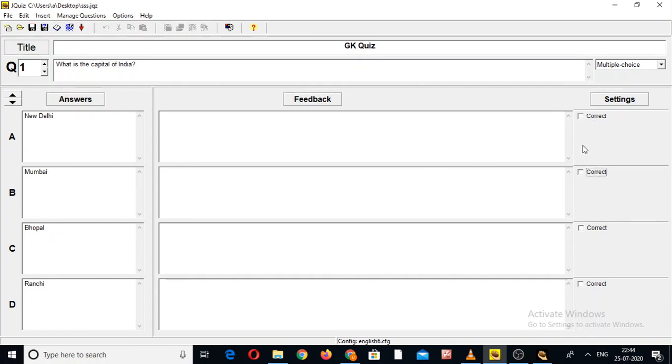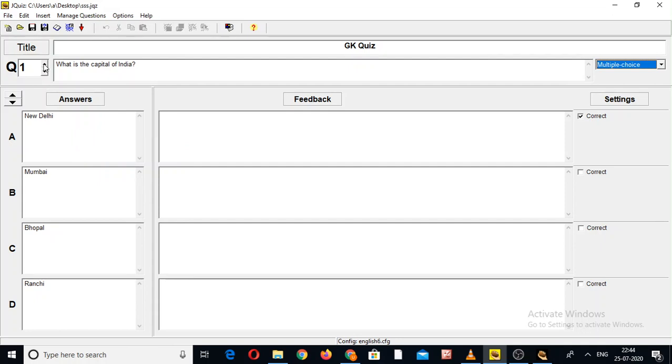So I mark the right answer. Now it depends on me what type of question I want. This is the multiple choice question. Is it okay? So this is the complete process of question number 1.